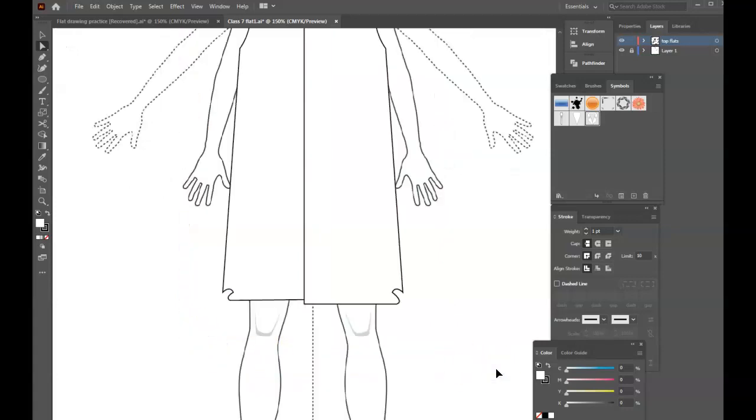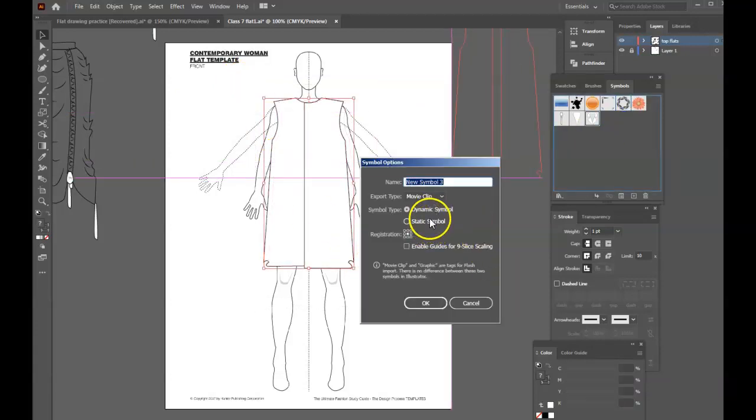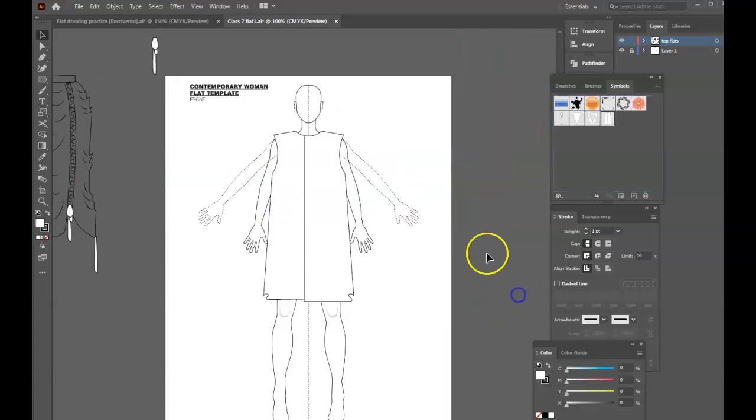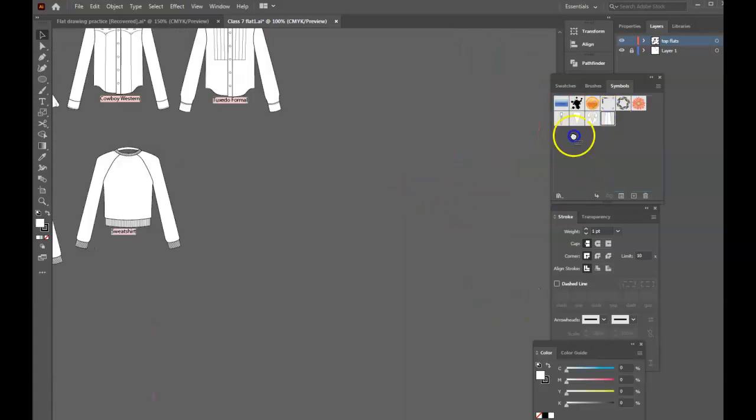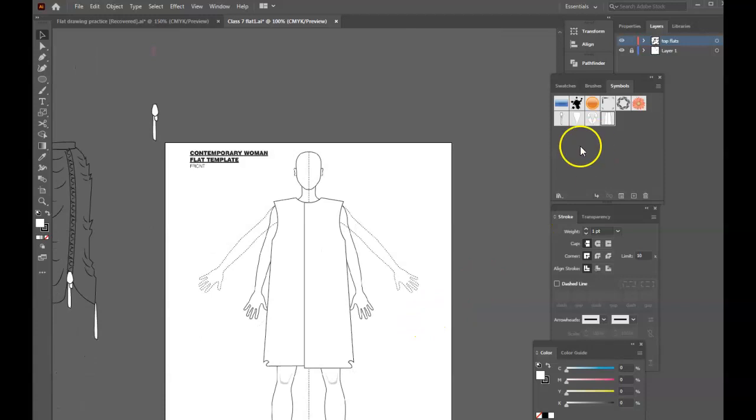Okay, so if you wanted to save this one as a symbol, you can do that. So you can copy this one and then symbol and then static symbol, and then in the future you may start with this to draw a coat design. Okay, so symbol,